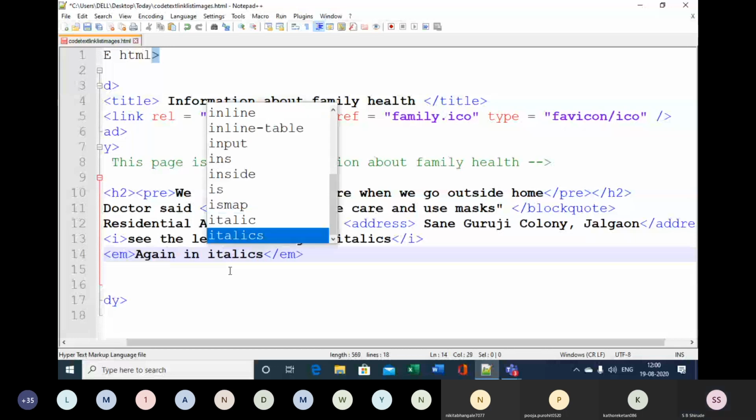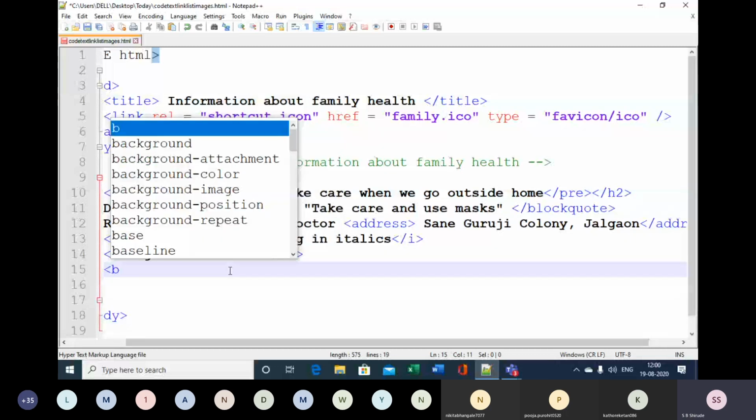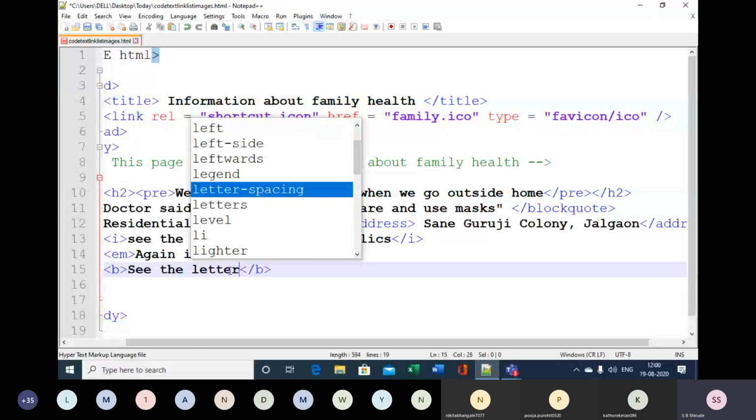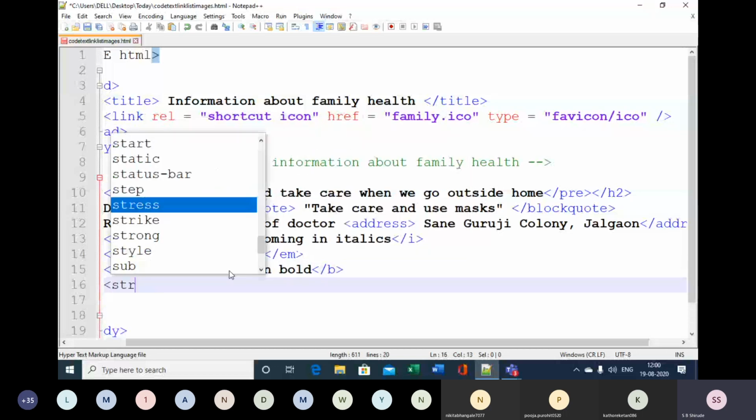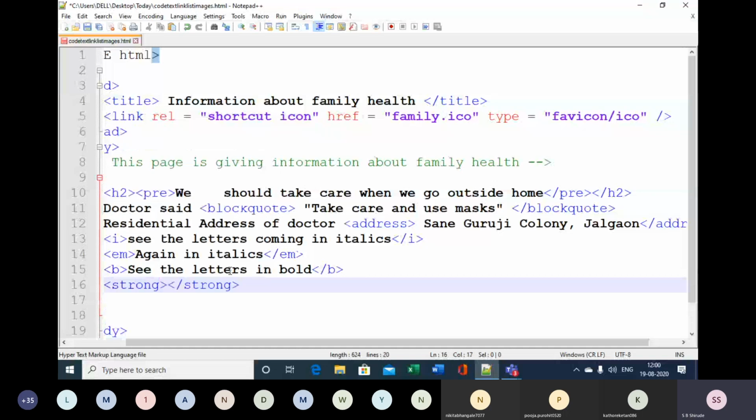Then after EM we have the B tag for bold. See the letters in bold. After bold, make use of the strong element. So again in bold.